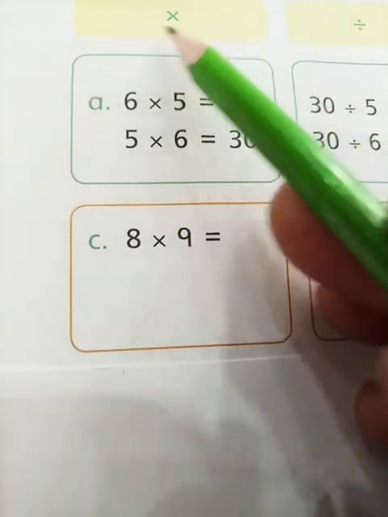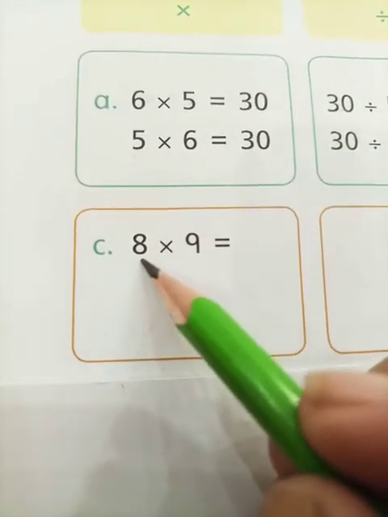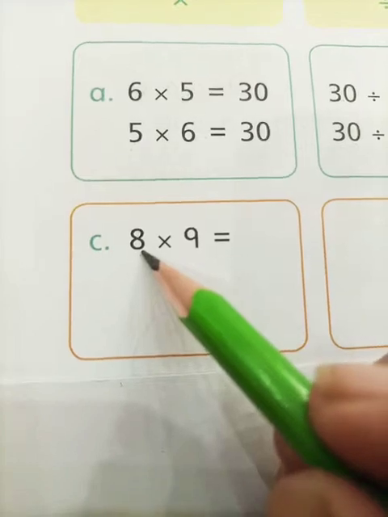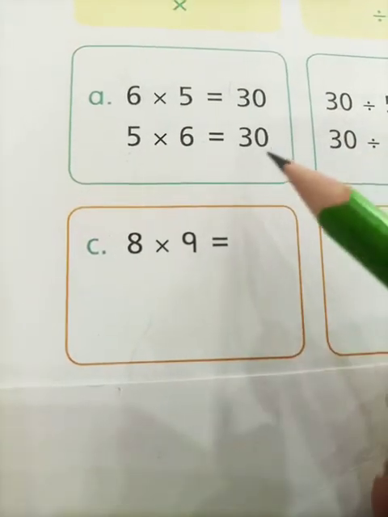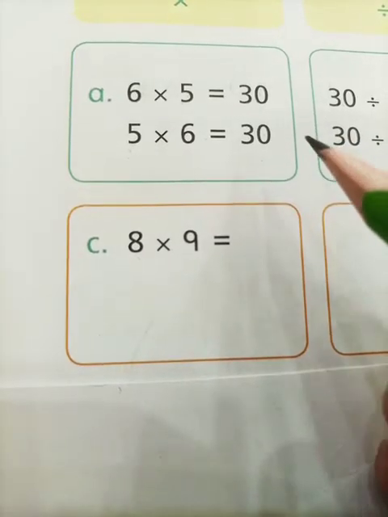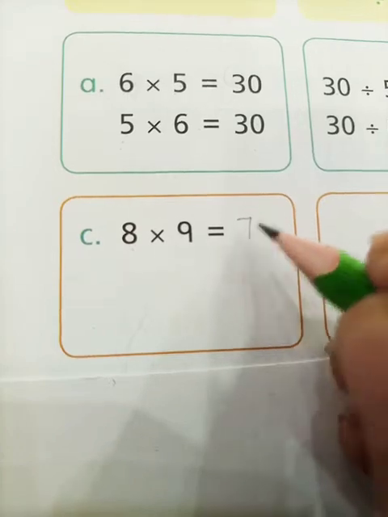Students, firstly we will do the multiplication fact and then the division facts. Let's multiply, or read the table of 8 until the 9. Read the table of 8 until 9 and tell me the answer. 8 nines are, and our answer is 72.